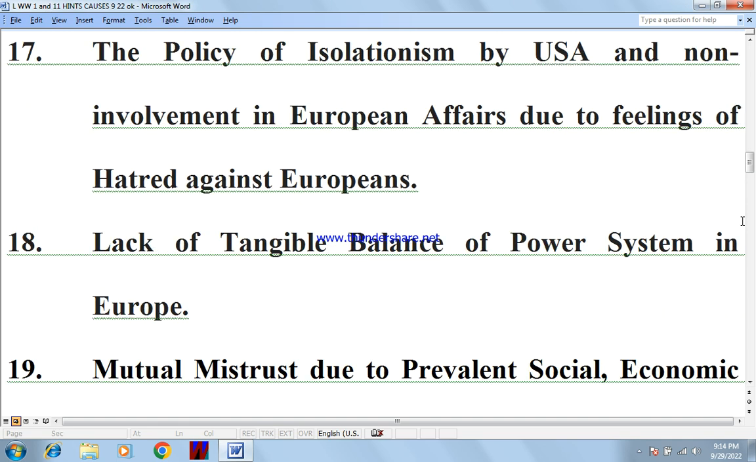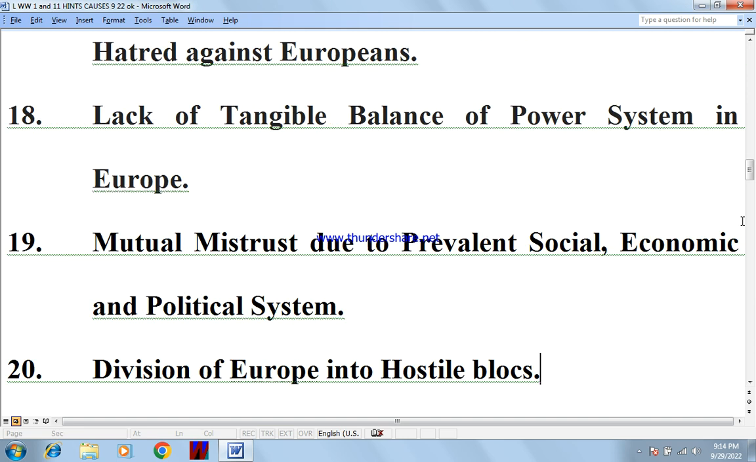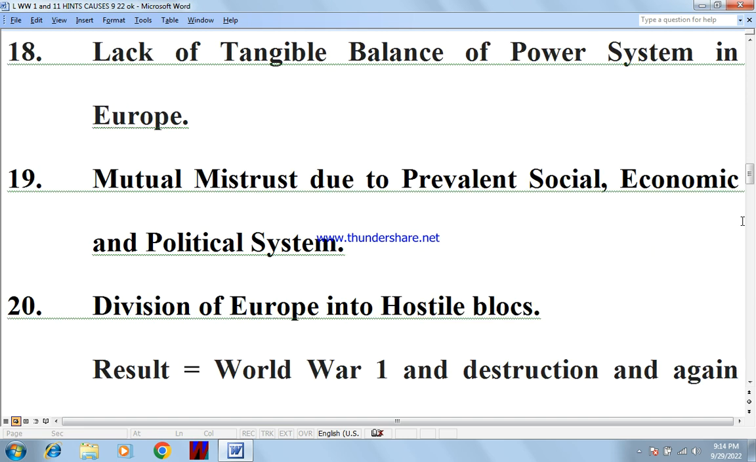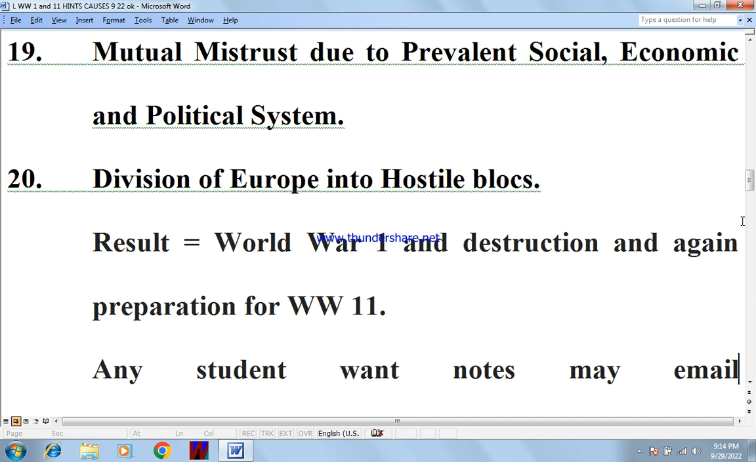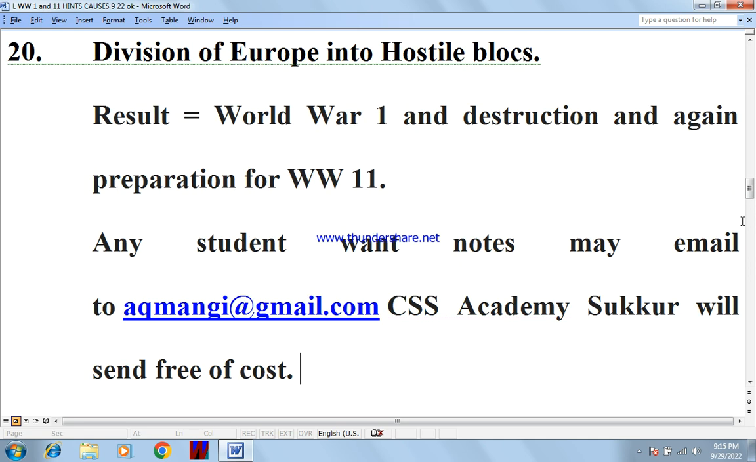Number 17, the policy of isolationism adopted by the USA and non-involvement in European affairs due to a feeling of hatred against Europeans. Number 18, lack of a tangible balance of power system in Europe or in the world. Number 19, mutual mistrust due to prevalent social, economic and political systems. Number 20, division of Europe